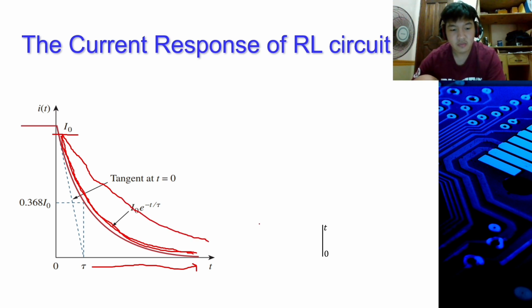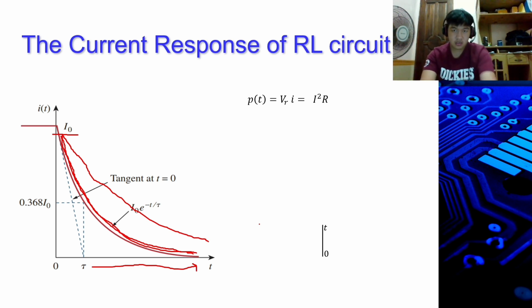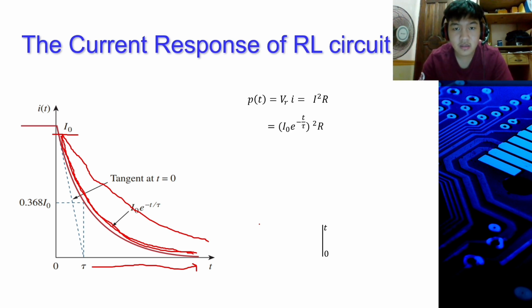Okay. Now we can find the power dissipated in the resistor, where P of t is equal to V_R times I, or simply I squared R, where we substitute the current response we got, which is I naught e to the negative t over tau, squared, times R. So P of t is equal to I naught squared e raised to negative 2t